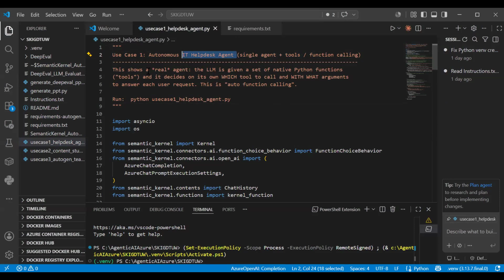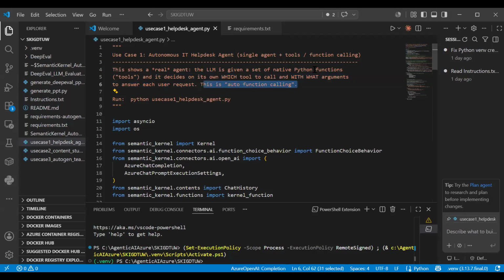This shows a real agent. The LLM is given a set of native Python functions, and it decides on its own which tool to call and with what arguments to answer the request. This is called auto calling functions.